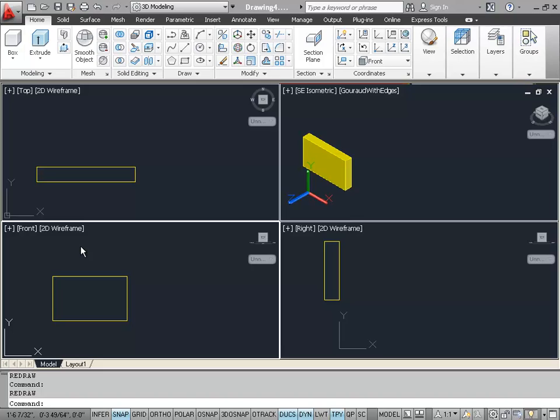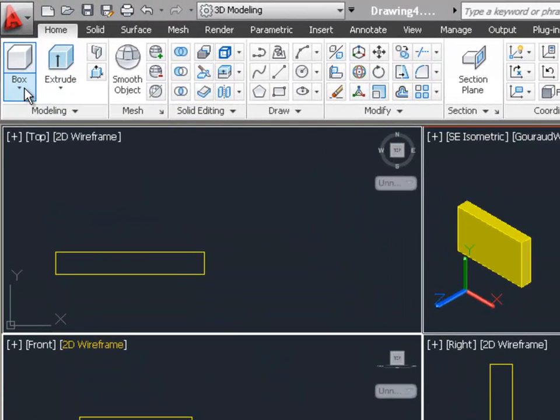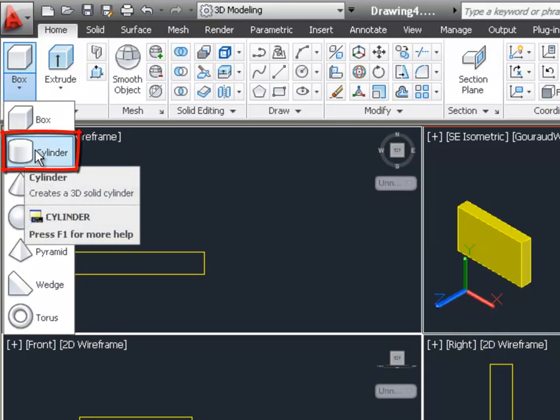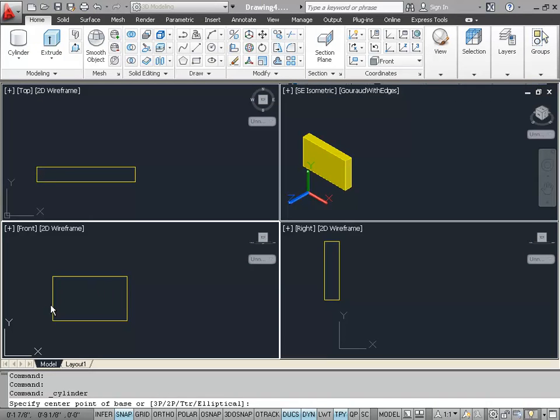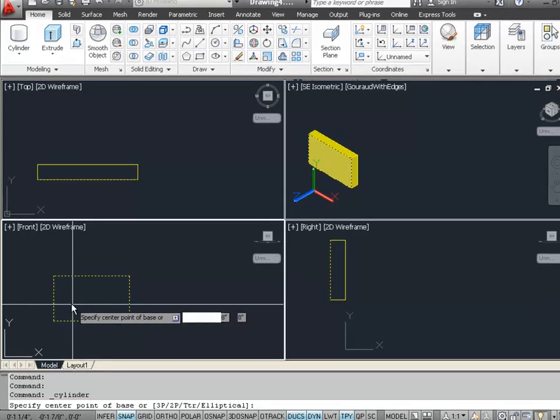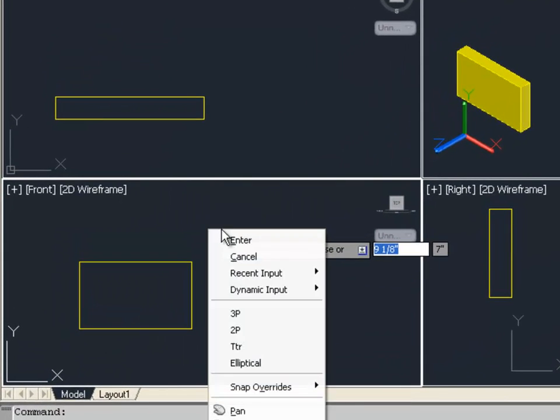Now we're ready to draw the cylinder. The cylinder command is located beneath the box command, so click on the little down arrow underneath the box and you should see the cylinder command. Now we need to get the exact starting point for the center of the cylinder. So what I'm going to do is first right click